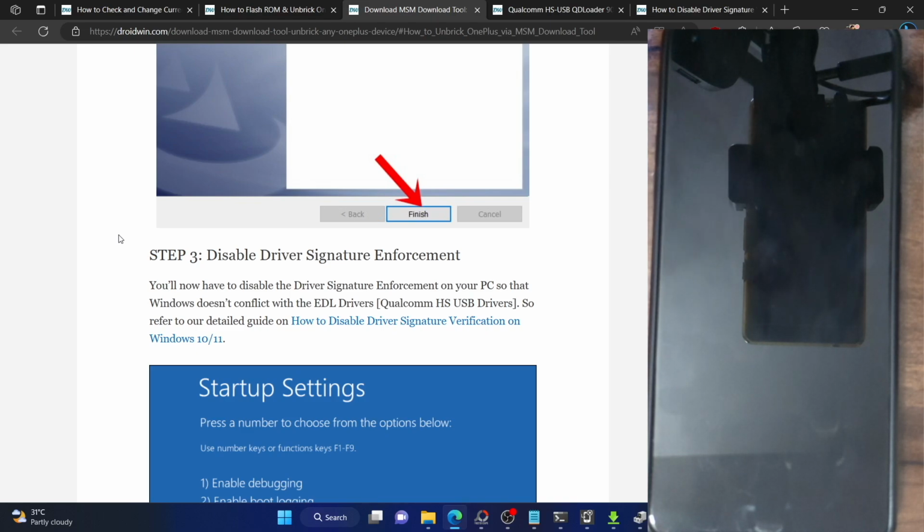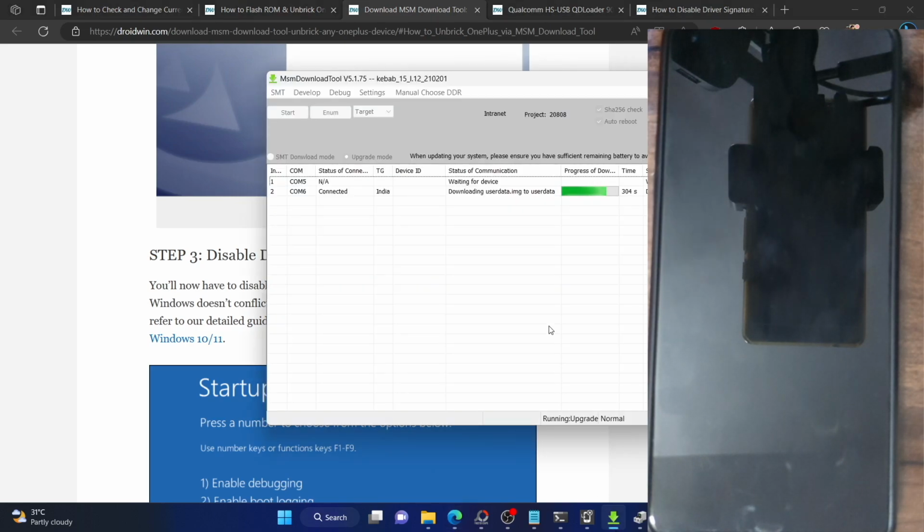If that is happening, then I will recommend you to unlock the bootloader right after flashing via the MSM tool, and only then you do the upgrade. I have come across a few issues wherein the users have not been able to unlock the bootloader on OxygenOS 12 and OxygenOS 13. So in such cases, I will recommend you to unlock the bootloader right after flashing via the MSM tool, and only then do the upgrade.